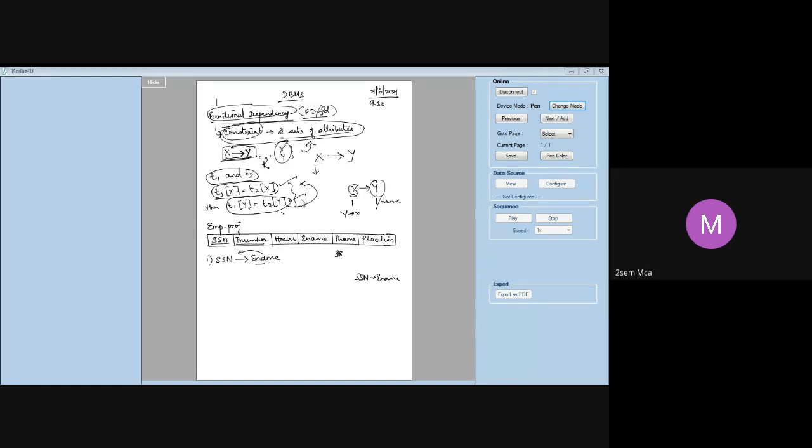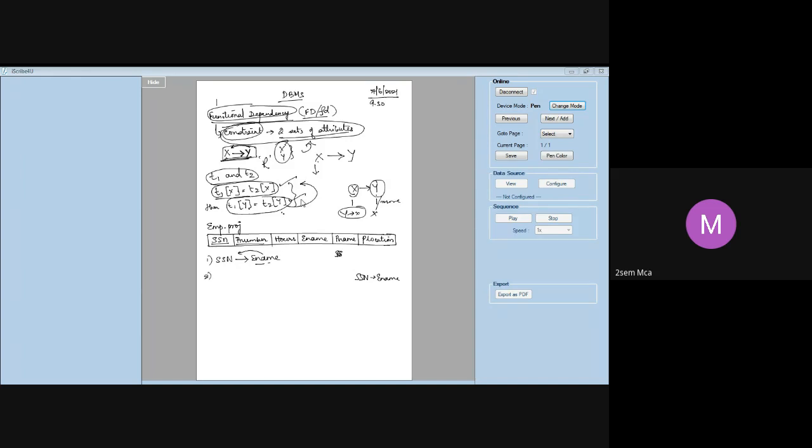Given the employee name, can you find out the SSN? You cannot, because employee names may be duplicated. Two employees may have the same name. That is not possible in this case. Let us see if it's possible in some other case. Is it clear? So ename is functionally dependent on SSN.